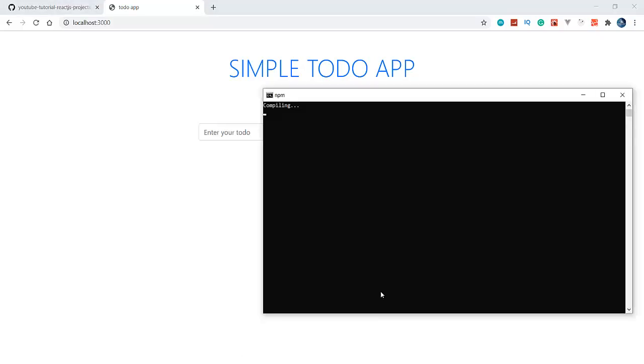So it is compiling. So after compiling successfully, our browser will refresh. So it will take a little time.